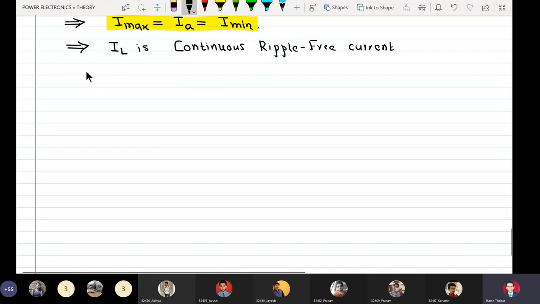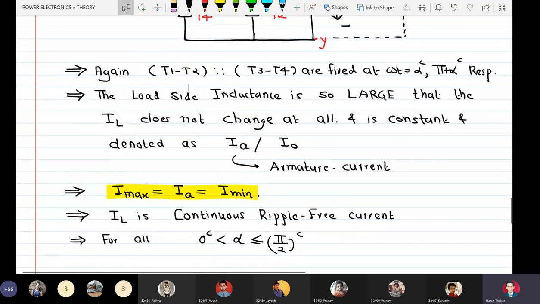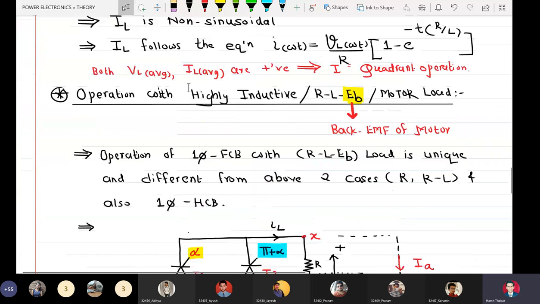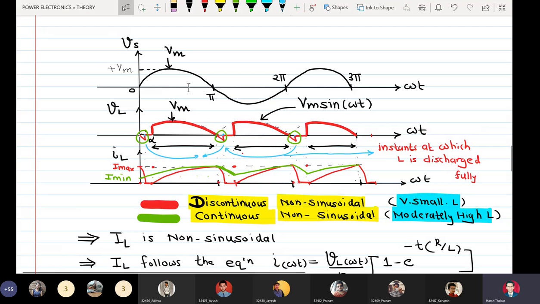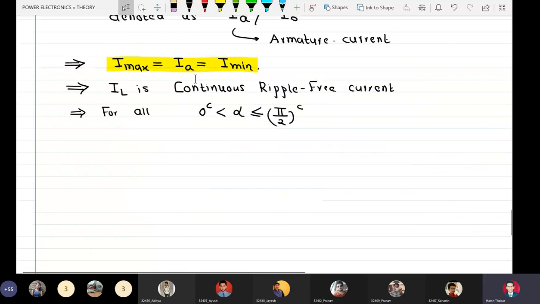Okay. Now we can see, for all alpha greater than 0 radians to less than or equal to pi by 2 radians, okay, so when the firing angle is increased from 0 and taken towards pi by 2, what happens is this. Yeah. So here in this particular circuit, what happens is